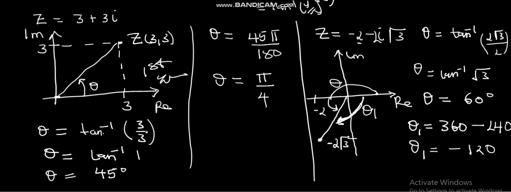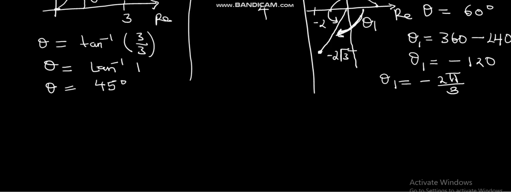So we need it in terms of pi. So theta 1 is equal to, divide by 180. So it is 2 pi. It is negative 2 pi out of 3. Another example. Students,